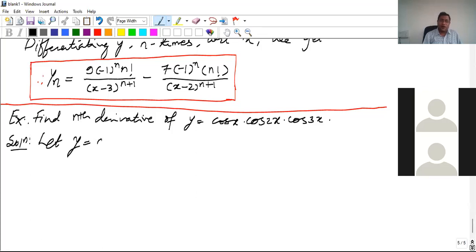Let y is equal to cos x, cos of 2x, and cos of 3x. What we know is the formula that 2 cos A cos B is equal to